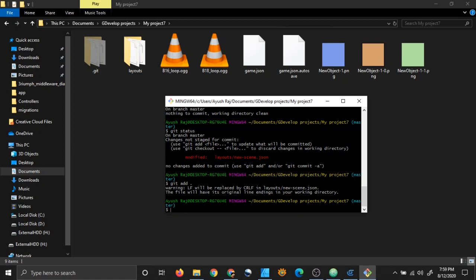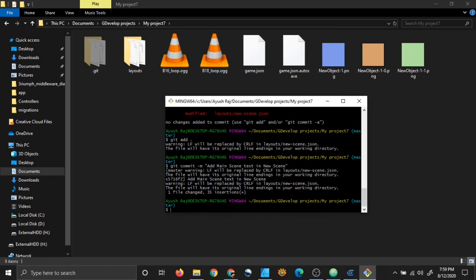And after typing git add dot, you should type git commit -m, and you can type a message here. I will type add main scene text in new scene. So I have typed a message here,